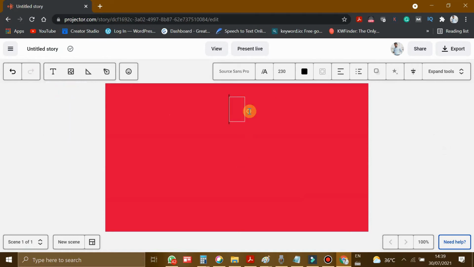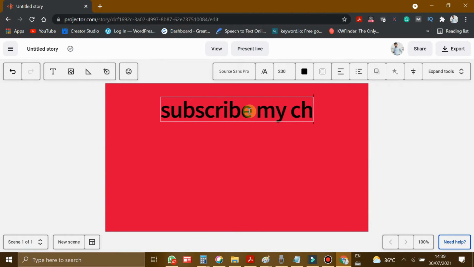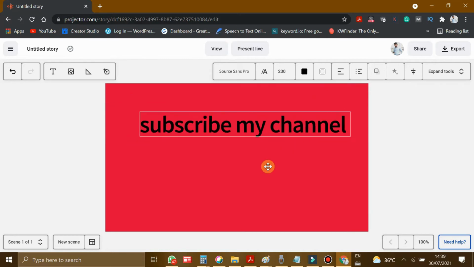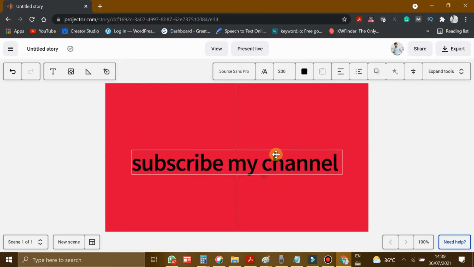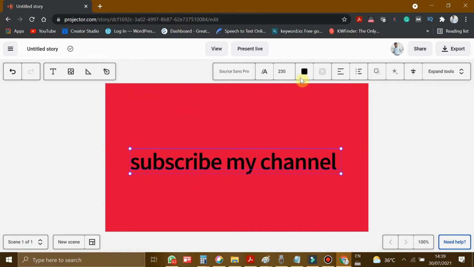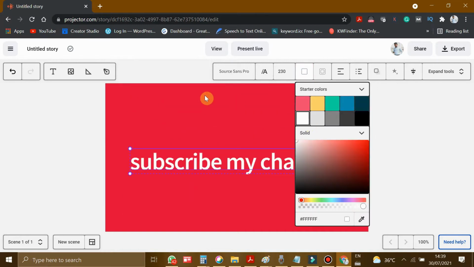I'm just adding a bold font. All the user navigation and UI is very awesome. You can drag and drop everywhere, and you can change the color of it.